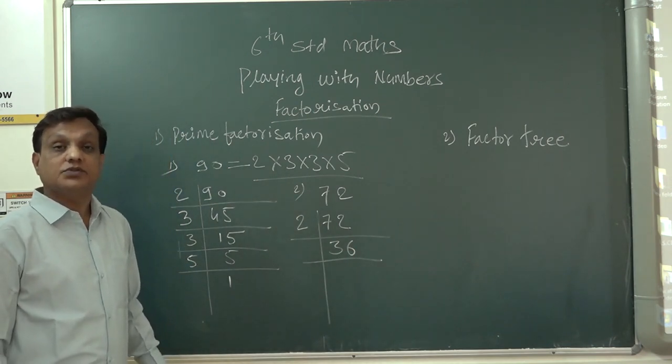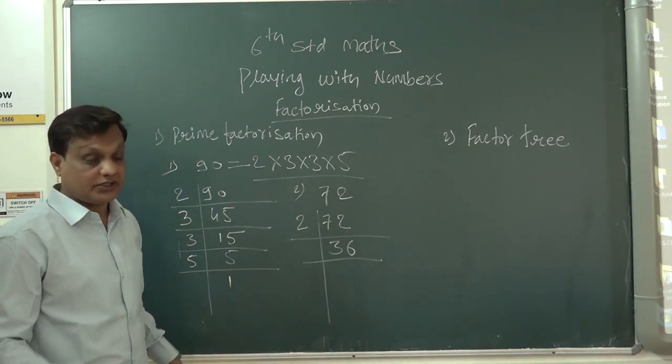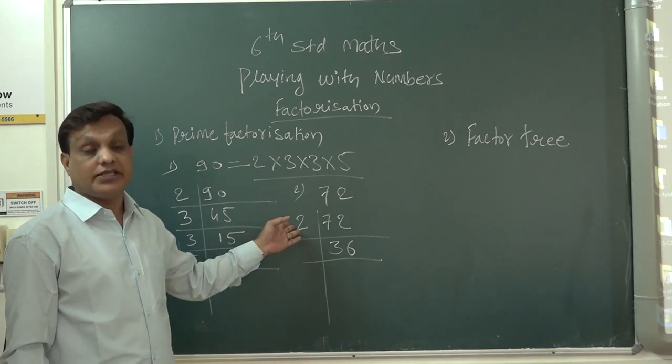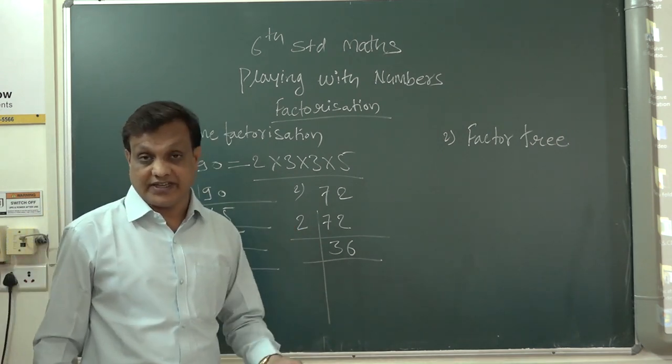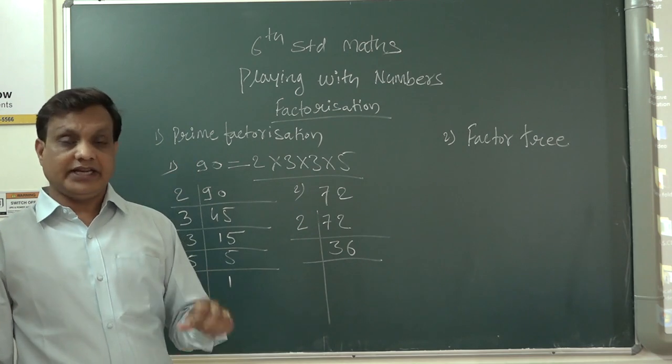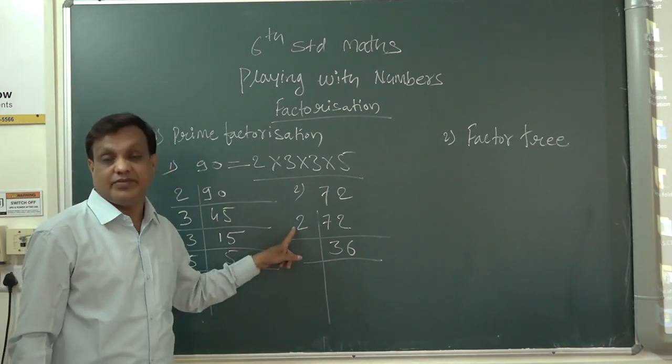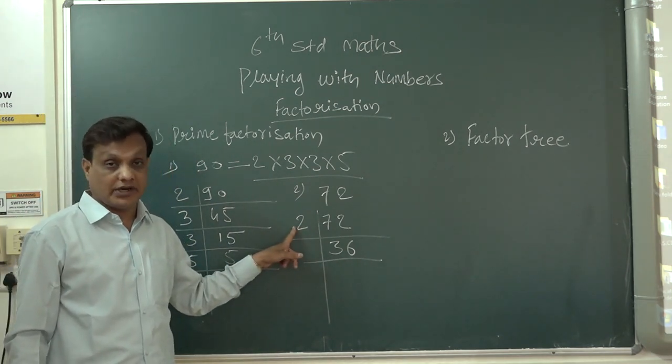We can take the first smallest prime number, so it is easy for us. We can go with the bigger ones also, but it is difficult afterwards, for counting. So you can go vice versa. Any table you can take, but that should be of a prime number. No other number we cannot take.